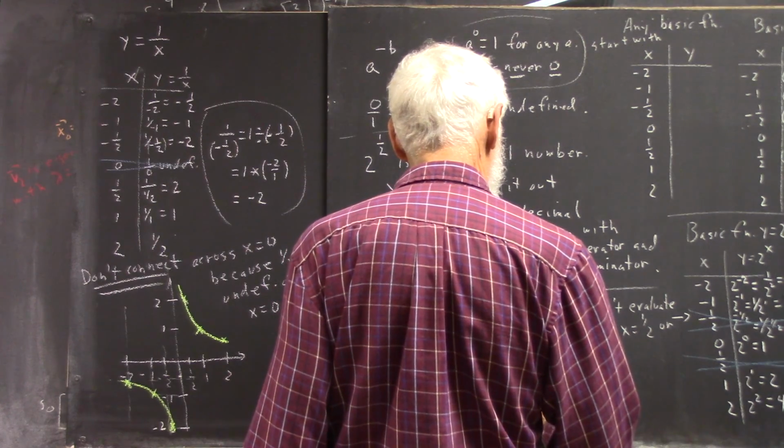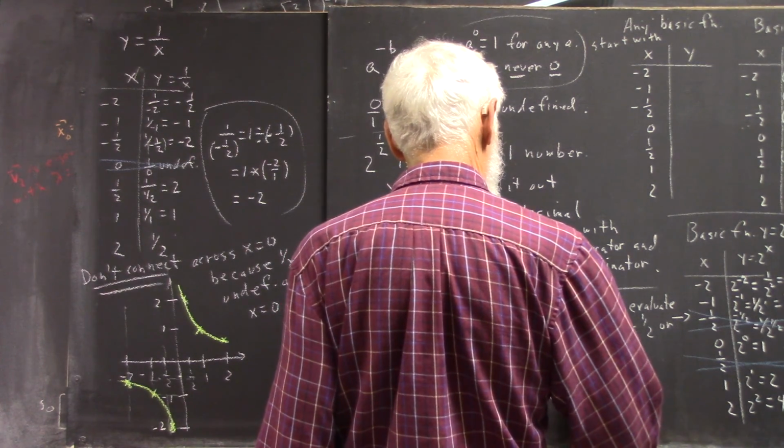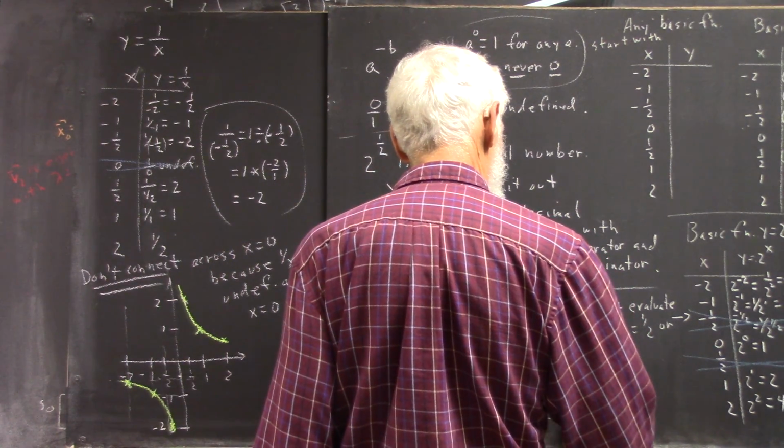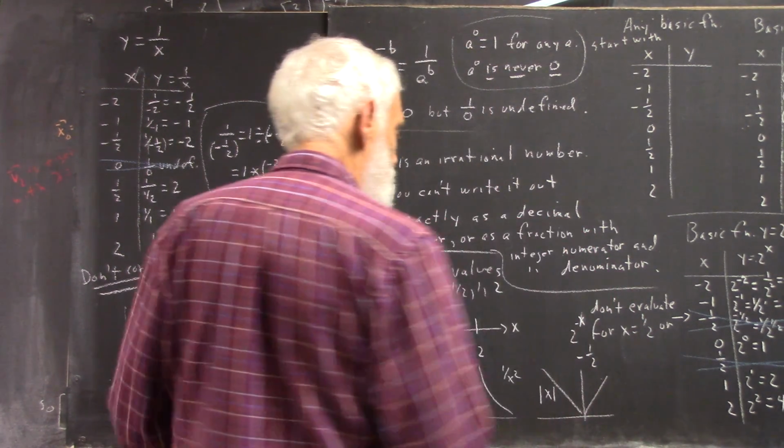And you also have the absolute value of x graph, and hopefully you'll be able to figure out, just by plugging in the numbers, that that graph is going to look like this. Something like